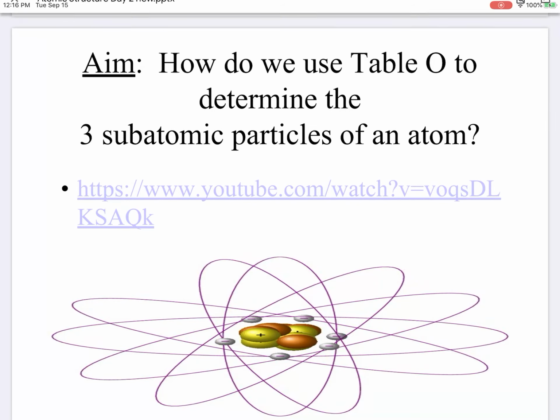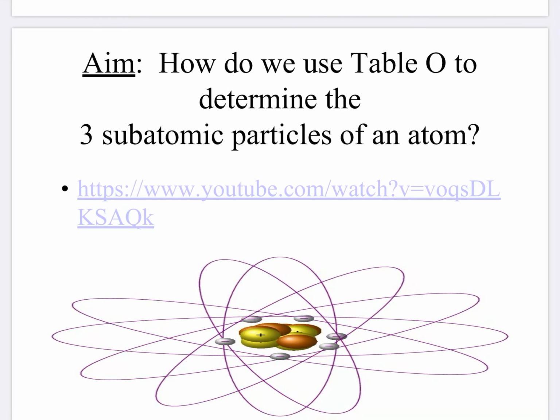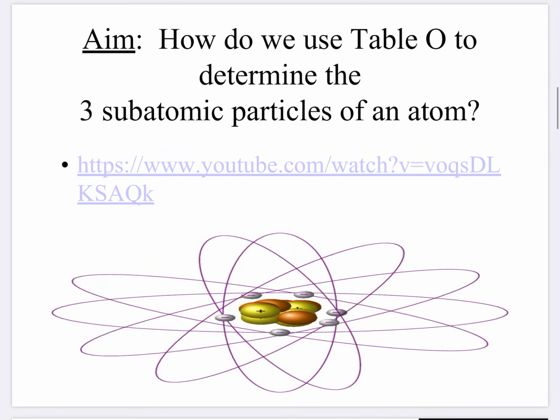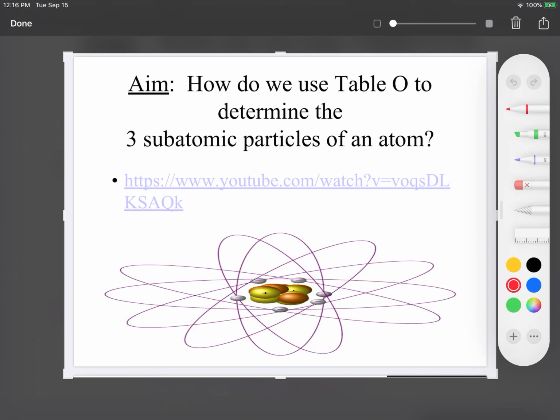Atomic structure day 2. How do we use Table O to determine the 3 subatomic particles of an atom? So guys, over here there is a picture of an atom which has the positively charged protons, right here. And it has the zero charged neutrons right there. Outside, remember, flying around at the speed of light, are the negatively charged electrons, which are going